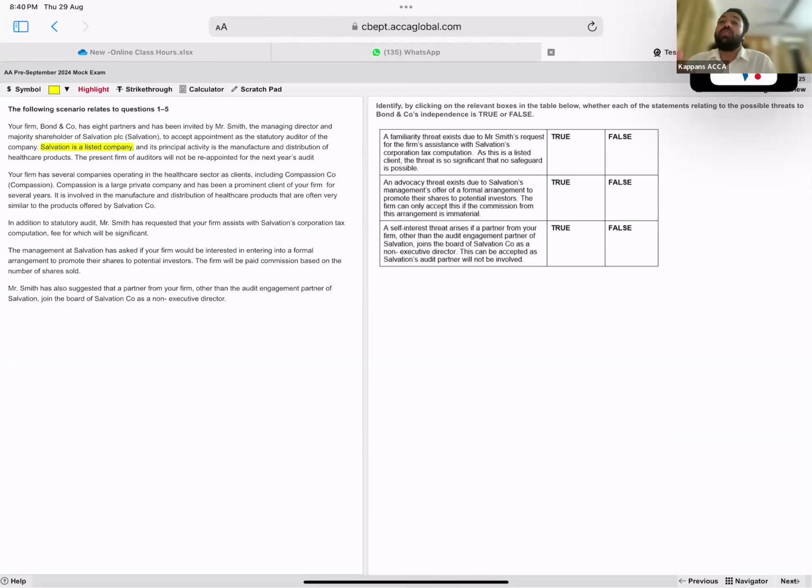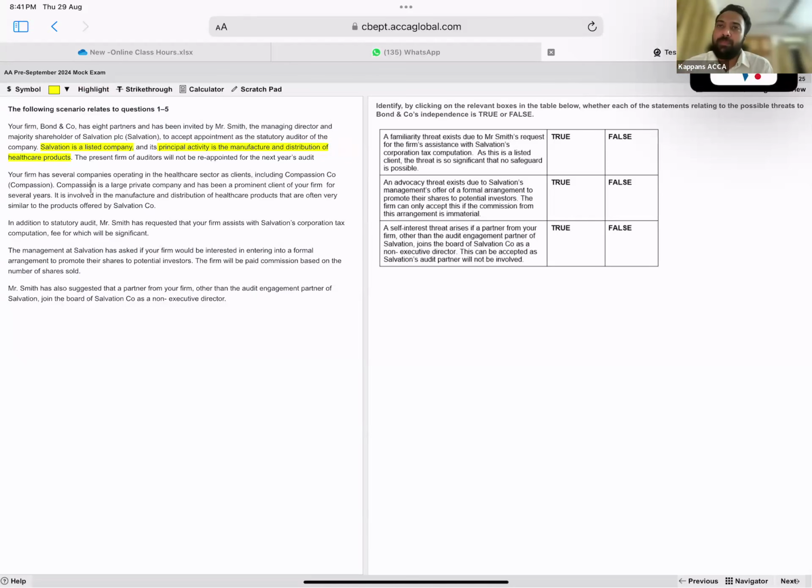There is also a self-interest threat if the percentage of fees from a listed company is 15% or more for 2 consecutive years. So it is very important to understand that terminology. It's a listed company, and its principal activity is manufacture and distribution of healthcare products. Your firm has several companies operating in the healthcare sector as clients, so definitely there could be a conflict of interest,